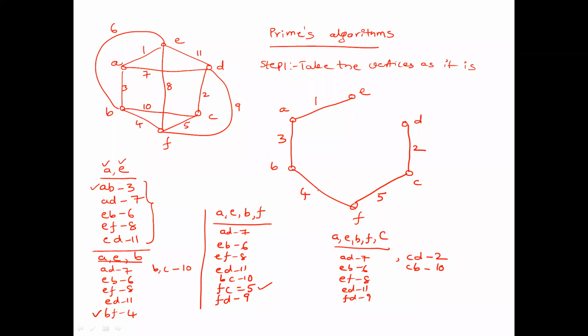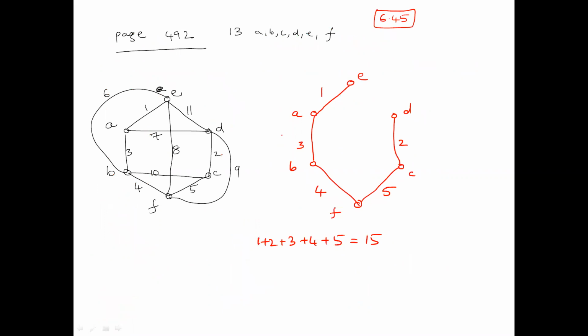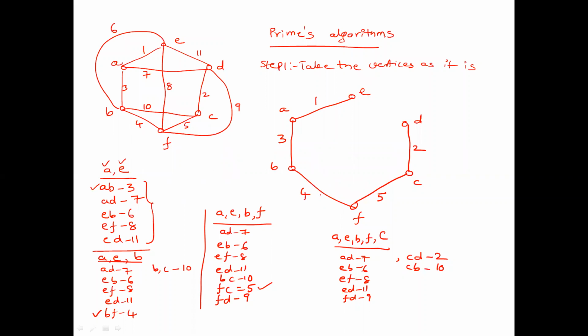Okay. Now with this, we added the required number of edges. If n vertices are there, then we need to add n-1 edges. This procedure we need to continue for n-1. And this is the minimal cost spanning tree by applying Prim's algorithm. And if you observe carefully, both are same. Morning we discussed with Kruskal's, we got the same, and from Prim's also we got the same.